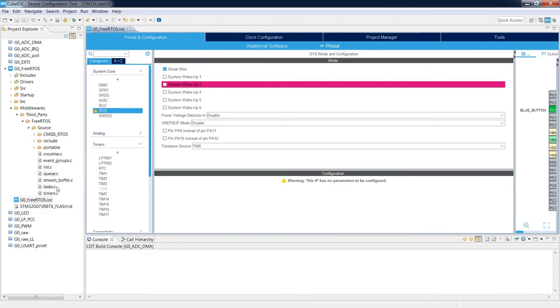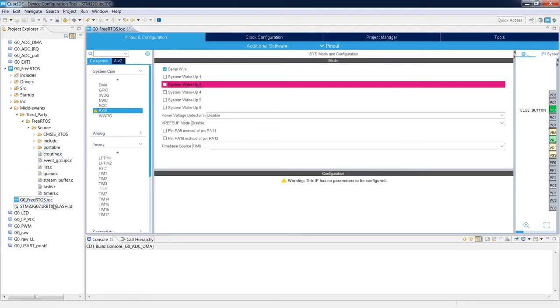All of our tasks are stored within the task.c file. Timers is used for the timer semaphore. Then we've got additionally the stream buffer. We've got event groups to communicate between the tasks, and coroutines, which are not used in our architecture. Coroutines are used in 8-bit or 16-bit architectures and require fewer resources from the embedded system. In our case, we will use the full version, so we will use tasks, and this file will not be used.